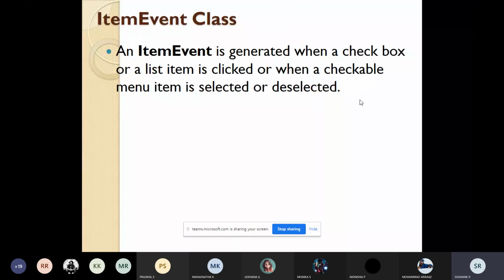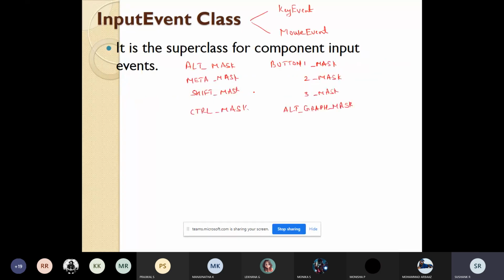In addition to this, extra modifiers were also added, like BUTTON1_DOWN_MASK, META_DOWN_MASK, and SHIFT_DOWN_MASK. Initially we had 8 constants, and in addition to these, further constants were added: ALT_DOWN_MASK, BUTTON1_DOWN_MASK, BUTTON2_DOWN_MASK, and so on.